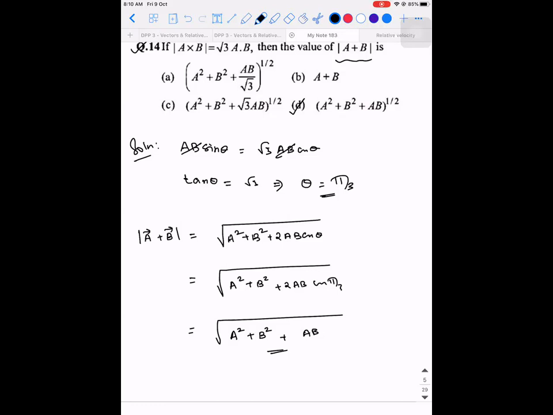I hope it is clear. Is there anyone having a doubt? Whatever it is, please ask. Then I'll understand. Is everyone clear with why I told this is parallelogram law of vectors? Did you understand? This is not a formula or something. This has to be understood. Is this step clear?